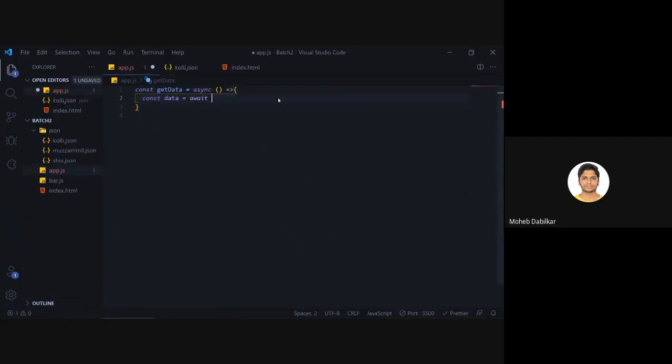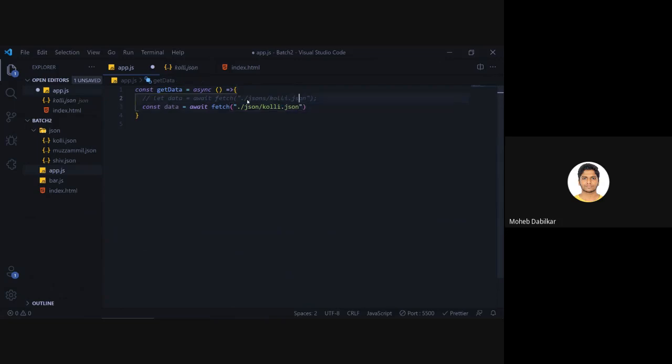All right, so let's just say fetch. It is just for my reference. So that is dot slash, you have JSON, and then out of that Kohli dot JSON.